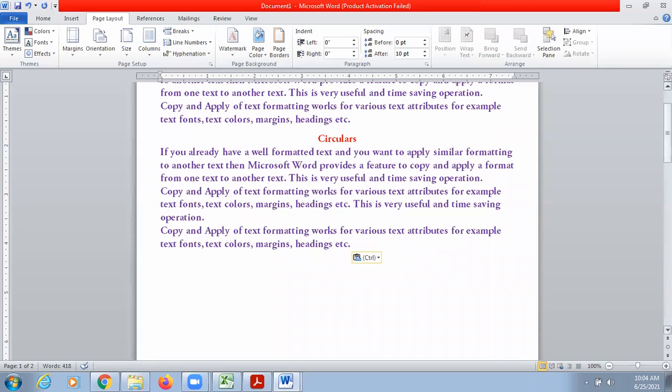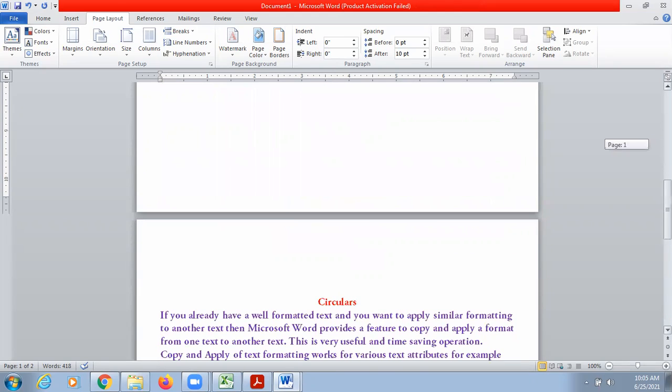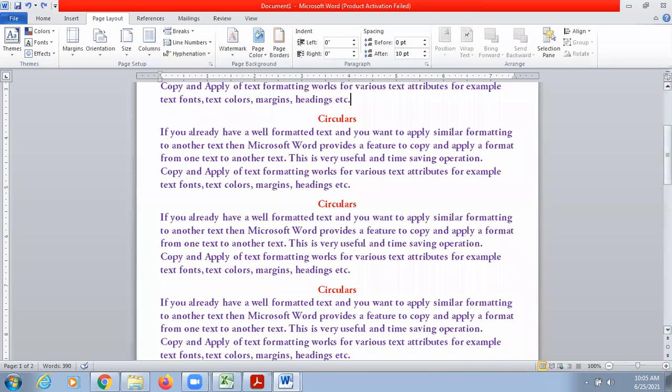As soon as I add this content on my previous page, the content of the next page will also get shifted, because you have shifted the content of the next page by pressing the enter key, and the spaces between the content are increased, so automatically the next content which you have shifted on the next page will also get shifted. So as I told you, this is not a correct way of doing it.